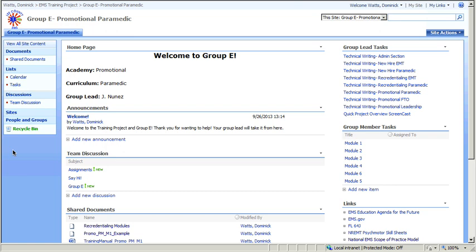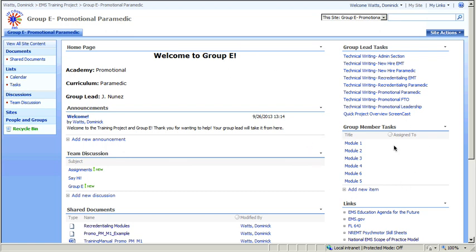E, F, and G on how to get in, see what modules are assigned for the group members, and how to actually go about doing the work. I'm going to try to touch on each of the individual groups. There's a lot of redundancy among the promotional groups, so I'm going to do just one screencast to help keep everything consistent. So you can follow along in your own groups, and I'm going to use Group E as